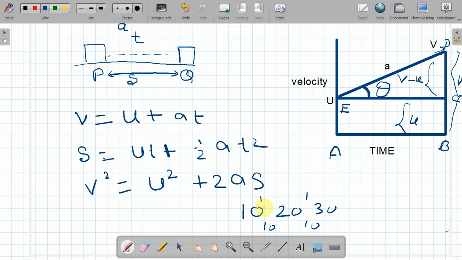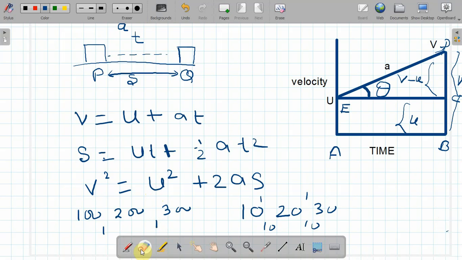So whatever the increase in the particle's velocity, it will be in such a way that the acceleration will always remain constant. Suppose the particle has acquired 100, then it will go to 200, and then in the next 1 second it will take 300. So this will go like this, and the acceleration will always remain constant. This is the first tip, to understand the application of this.